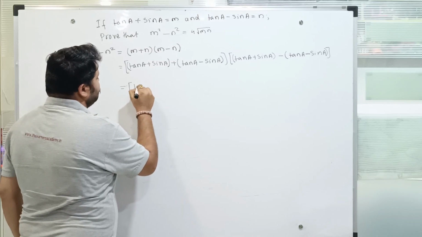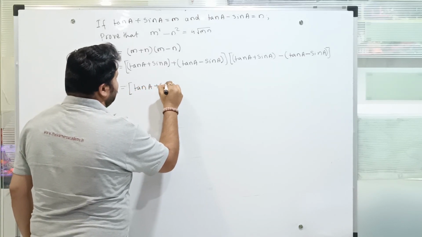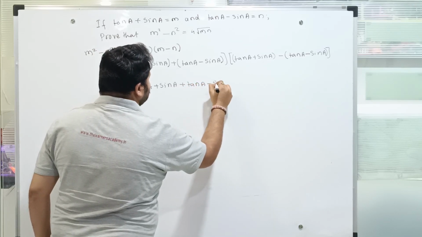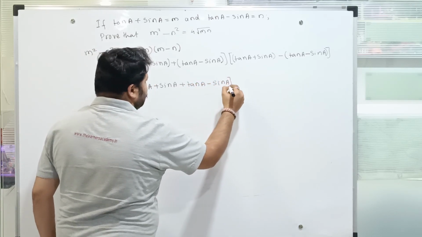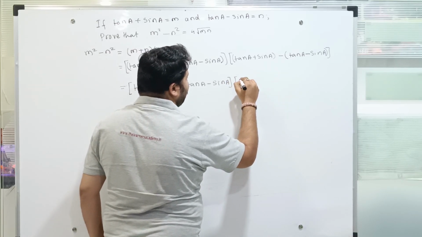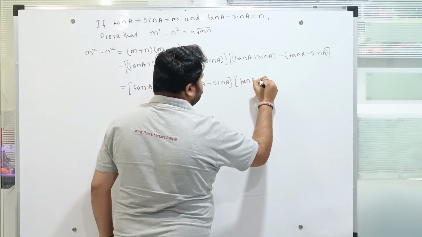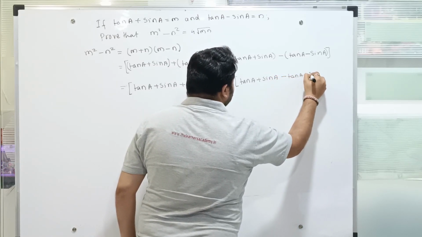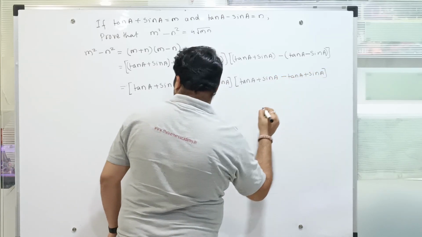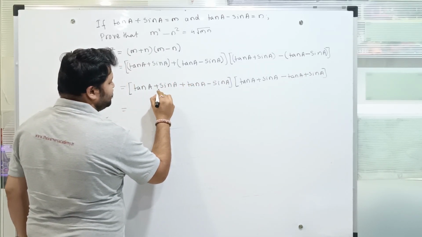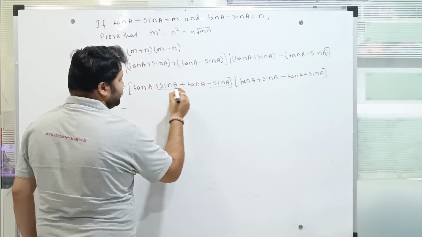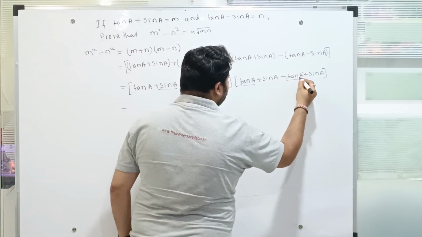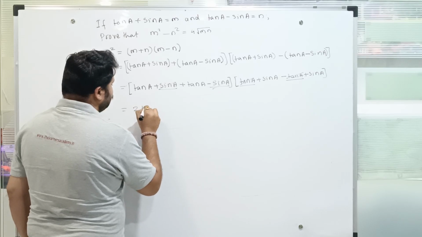So here I can write tan A plus sin A. Now I open up the brackets, so I get plus tan A minus sin A, and it gets multiplied by tan A plus sin A minus tan A plus sin A. Giving me, now since there is a plus sin A here and a minus sin A here, they would get cancelled. Same way, plus tan A and minus tan A that are here would get cancelled, and I would end up with 2 tan A